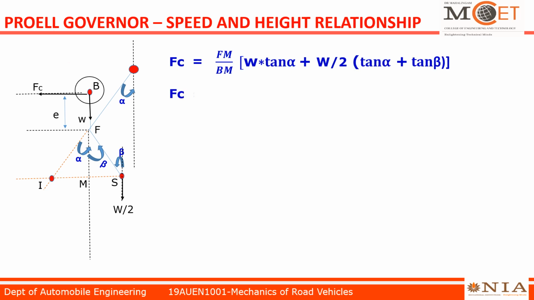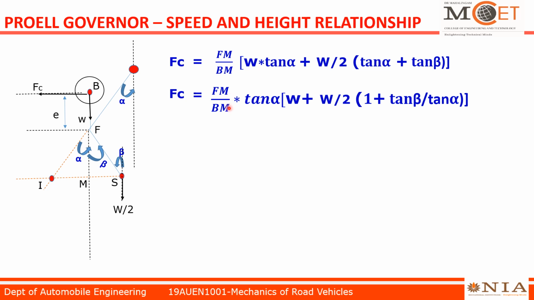Again, if you resolve this equation, Fc equal to Fm by Bm, I just take tan alpha commonly. So that tan alpha into small w plus caps W by 2 tan alpha 1, because we just took tan alpha outside of this equation, plus tan beta by tan alpha. We know that for given assumptions as discussed in Porter governor, tan beta by tan alpha equal to q